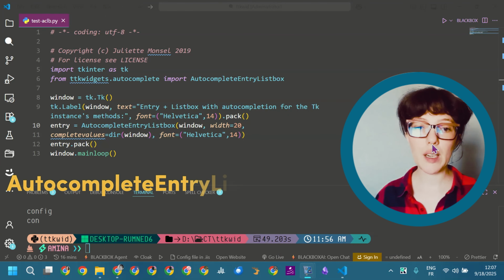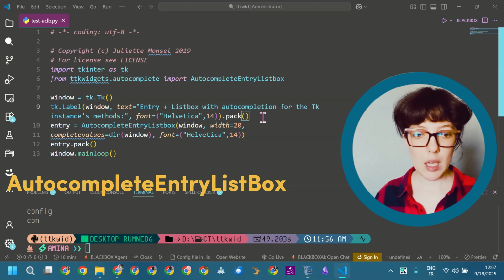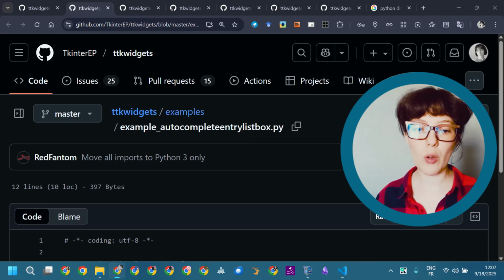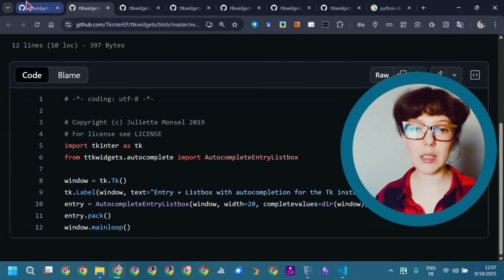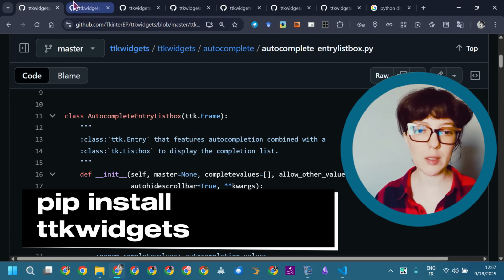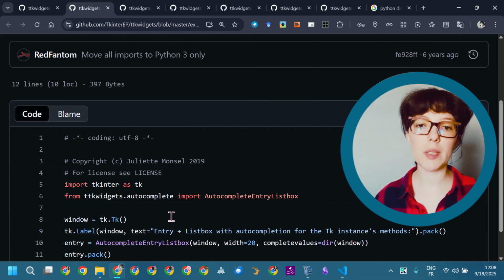In this video, we are going to talk about the AutoComplete Entry list box. It's a list box with an autocomplete feature. This is part of the ttkwidgets library. To install the library, just run pip install ttkwidgets, and we are running this example from the examples folder from